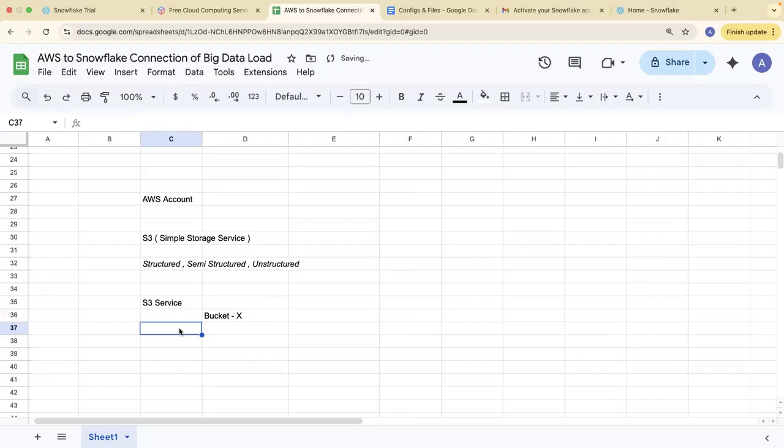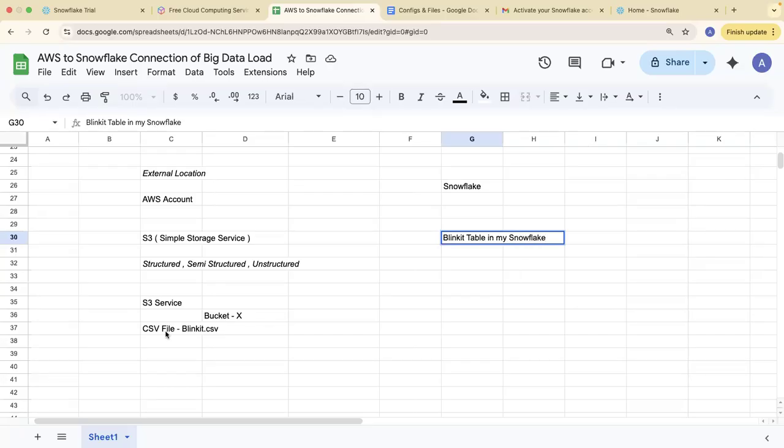And inside this X bucket, let's say I have my CSV file. This particular CSV file can be any CSV file. In our case, it will be blinkit.csv, and I will share the file with you also. And this file, we will try to load it into Snowflake. So our storage is the S3 location. This is the external location, an external storage or external file. And I want to sync this external storage into my Snowflake account. And I want to create a Blinkit table in my Snowflake.